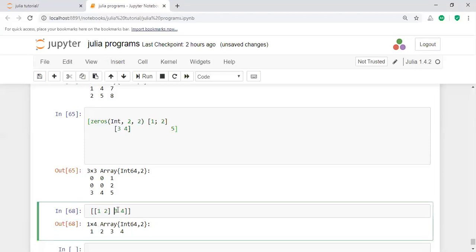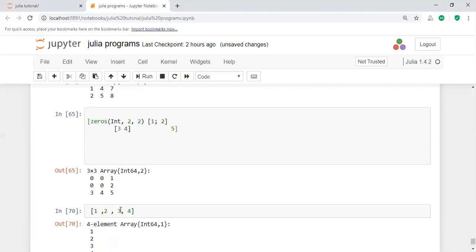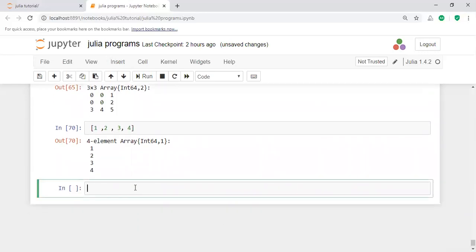If you remove the brackets here, for example, I want to remove the bracket here, 1 comma 2 comma 2 space 3 space 4. That means there is a vector representation. And then if you use the comma here, 1 comma 2 2 comma 3, here that is called simply an array. That means the array elements here. In this way you will implement the different array related information.